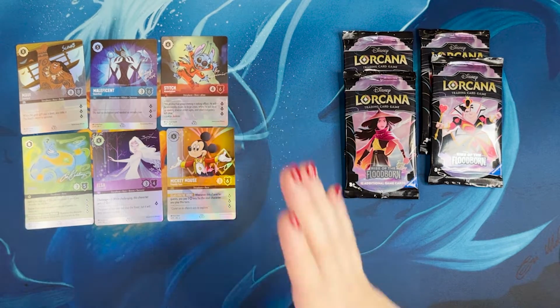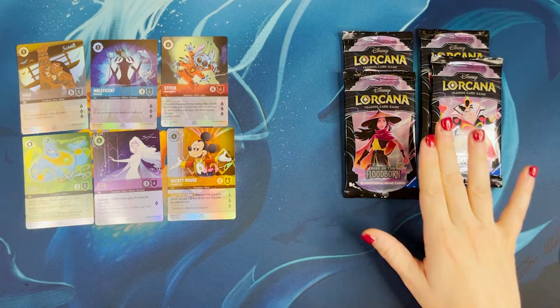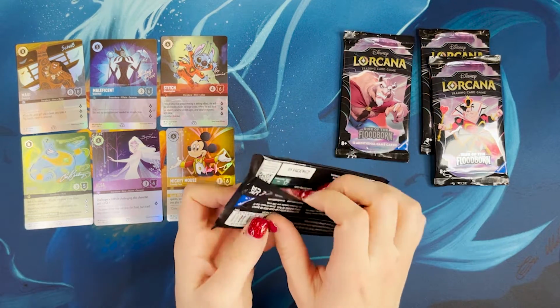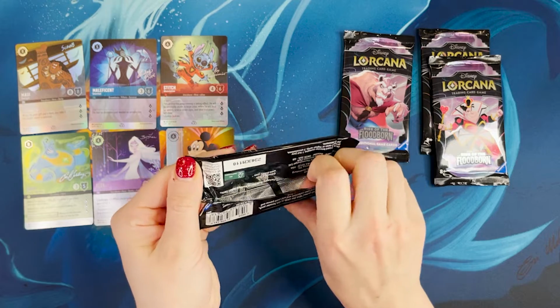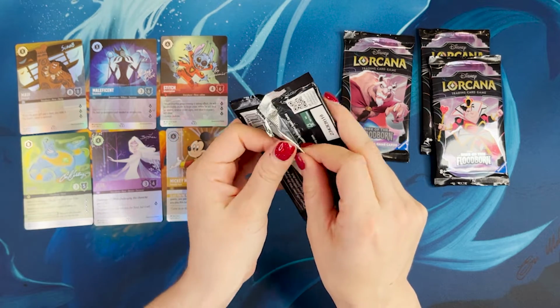So there you go. There's the set. Oh, they're beautiful. They're so stunning. No regrets. Okay, are we gonna do the booster packs? Okay, let's see what else we get in here. This is a nice little fun. I know. It's like a product review, getting to see these cards we know are in here, and with a little extra...